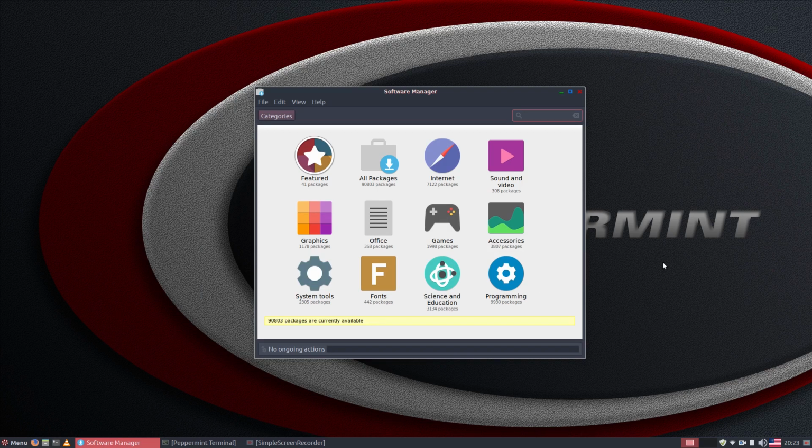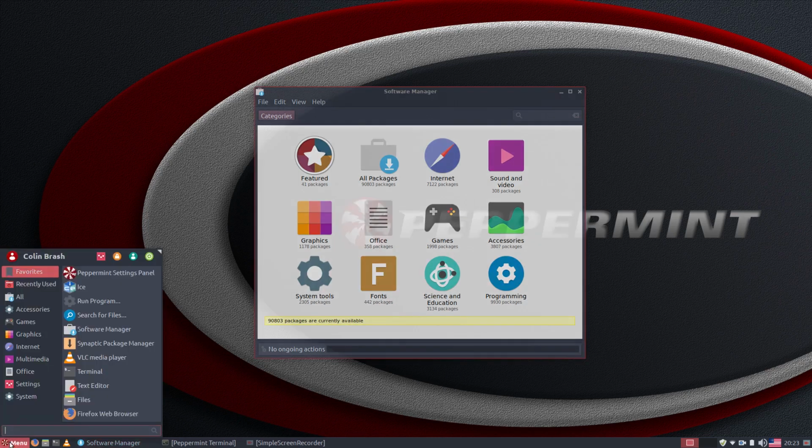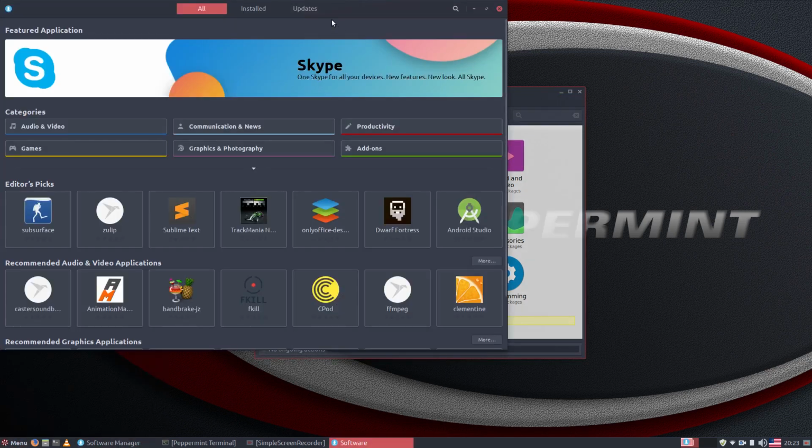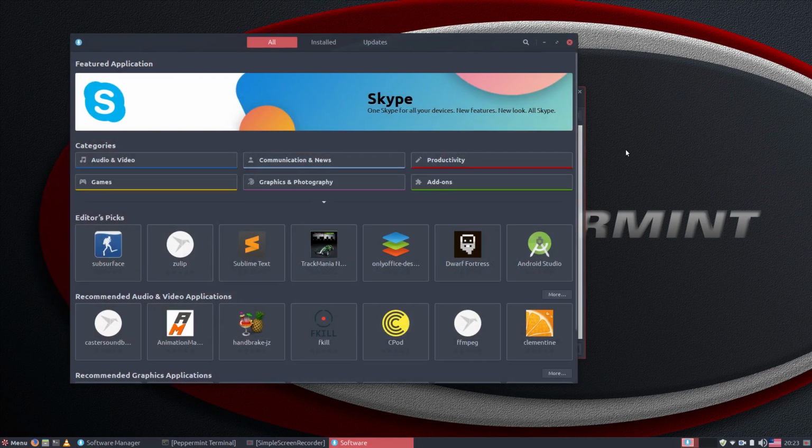Okay, so they've got packages in here as well, so they're using that. Now, I'm not sure why they've got the two software managers in there. That's another thing I'm going to have to ask Zeb about, why they've got two of them. There must be a reason. Now, let's have a look under